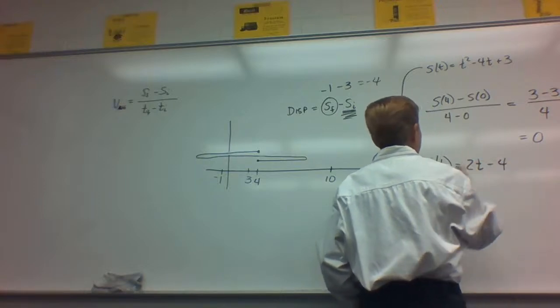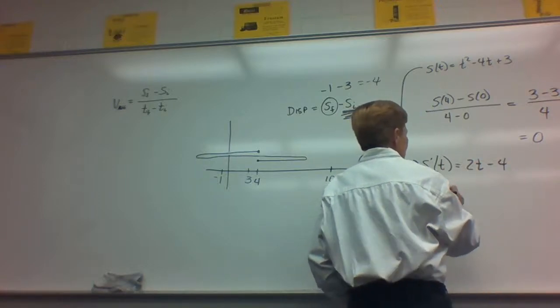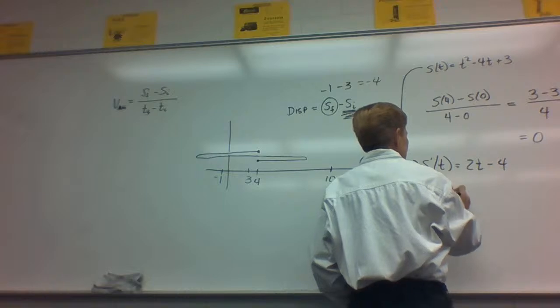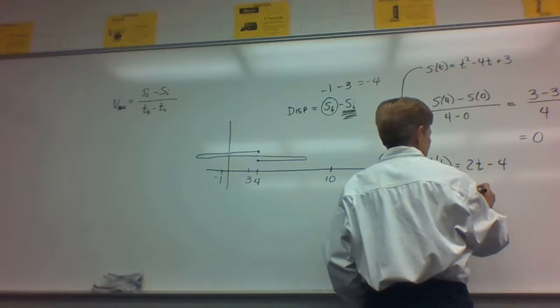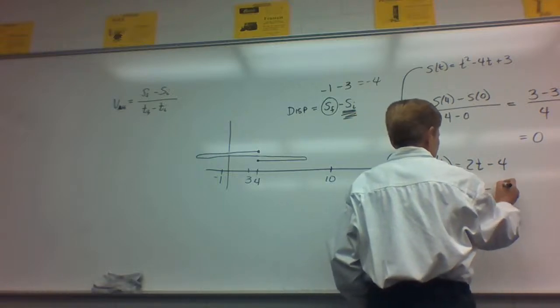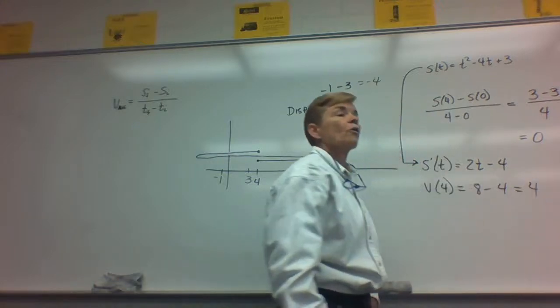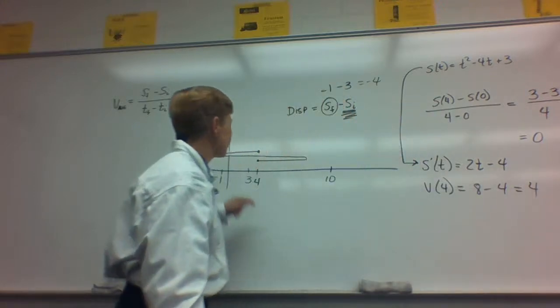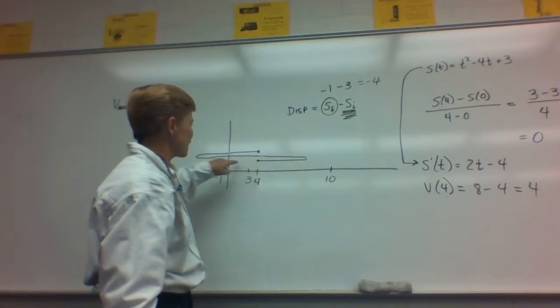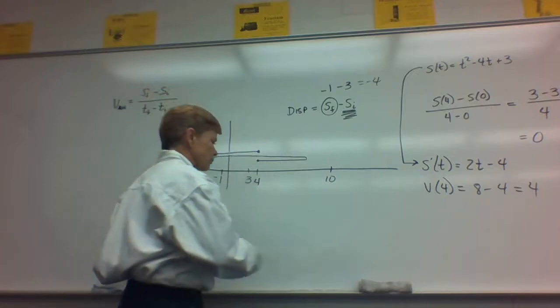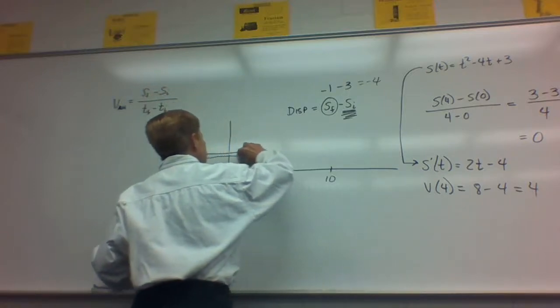2t minus 4, and we wish to find, that's velocity, so I'm going to call it that, v of 4, which is 8 minus 4 equals 4. So it is moving forward at this point. So it didn't do this. It went back and came forward that way. That's what happened. If we want an accurate graph of this particular particle,